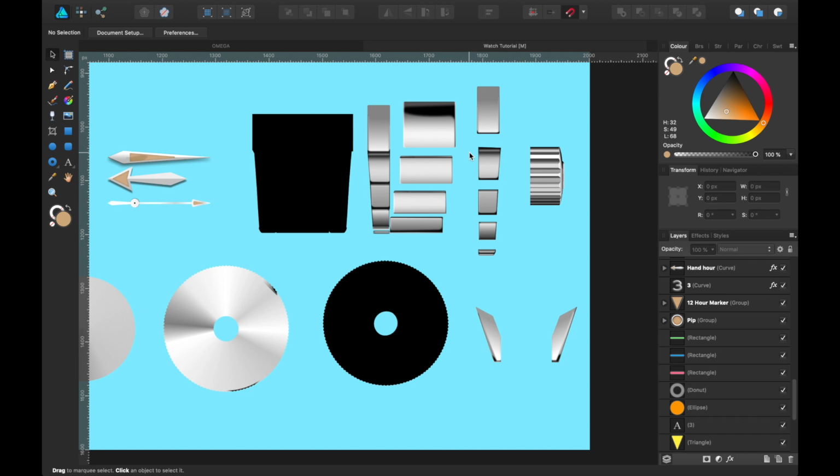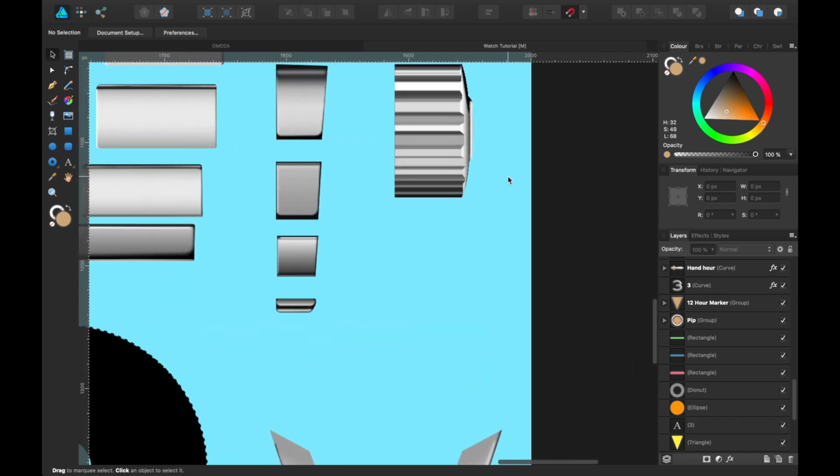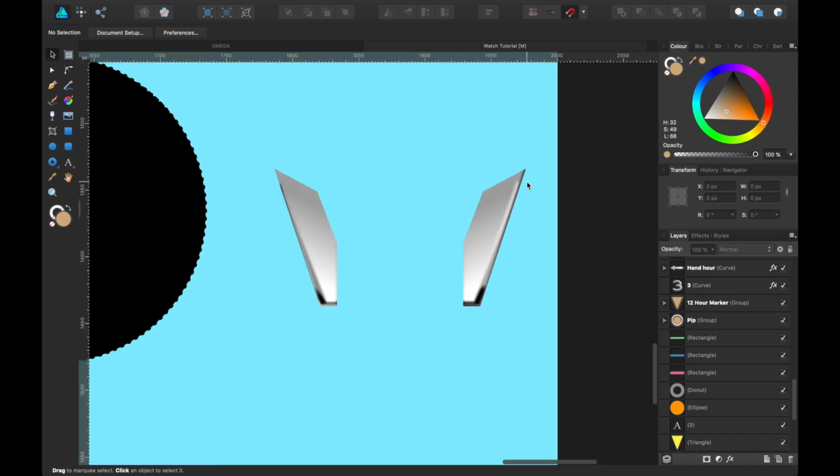It's better to think of it in stages and bite-sized chunks rather than feeling overwhelmed when you're making a design and thinking, how am I going to make this? All it is is little shapes put together making a final piece, so to speak. Same thing here. I'll be going through each of these pieces and showing you how I did it.